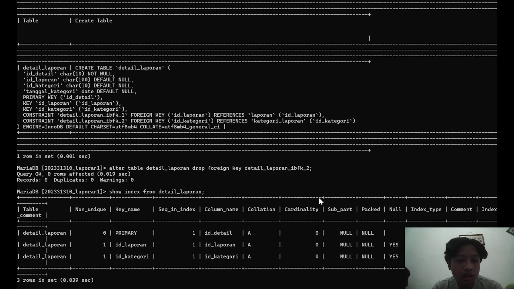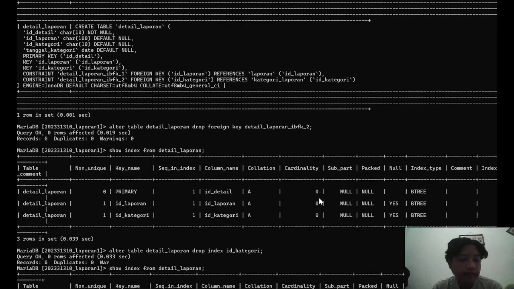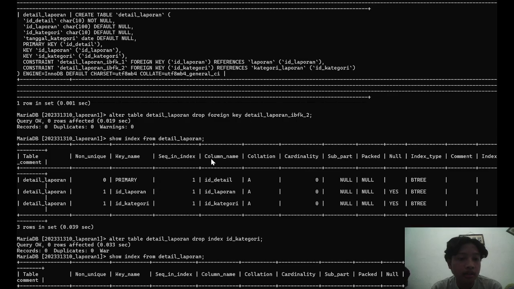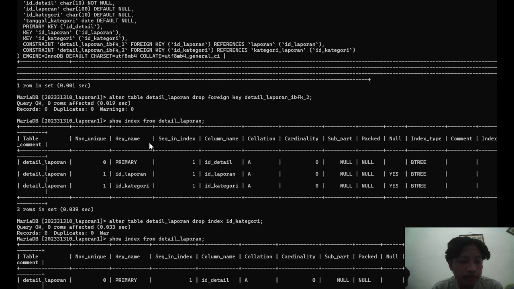After that, I click enter, and then to show the index, the command is show index from detail laporan. Then it will be like this.